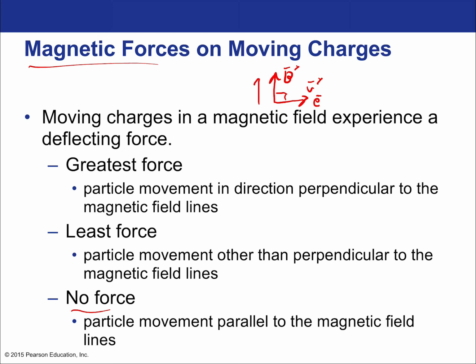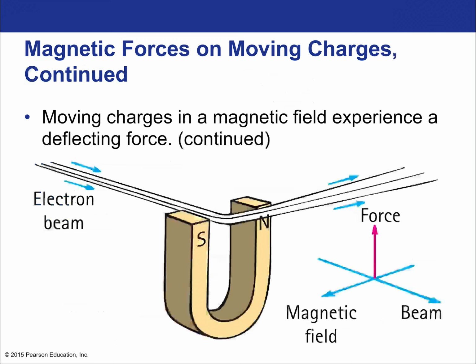On the other hand, if the electron was moving in this direction, then it would experience no force from the magnetic field. Okay? All right, so here's an illustration of the idea. This is supposed to be three-dimensional in terms of the magnetic field, the beam, and the force. That's where it inherently is kind of complex, because it is a three-dimensional idea, right? The beam, you can imagine it moving out of the page. The magnetic field is pointing to your left, and then the force is pointing up, okay? So this is an example of the force that would be experienced on an electron.